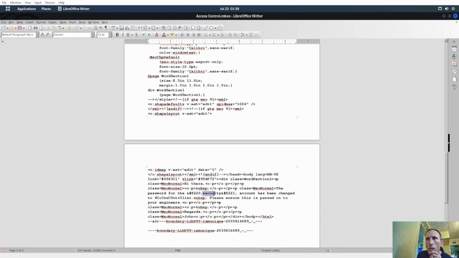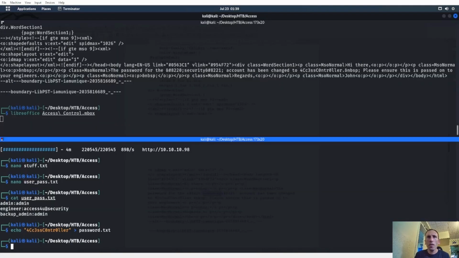Security? Account for security? We're going to go with security. Let's say, yeah, security. All right. Let's try to telnet in